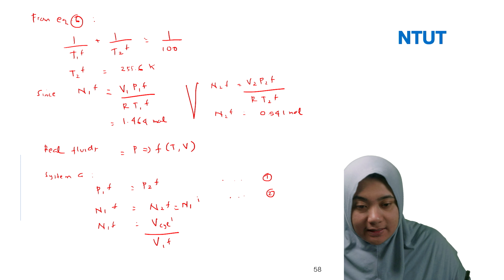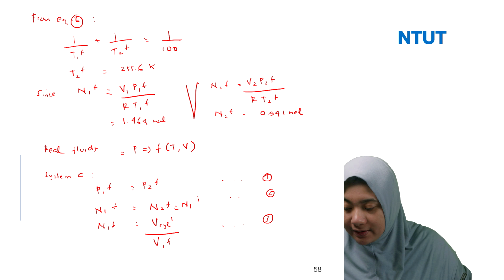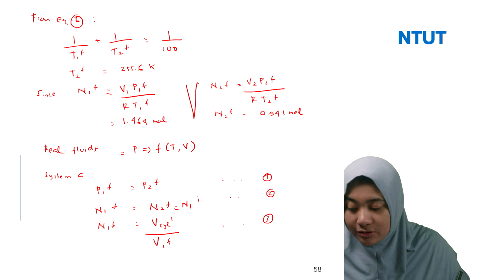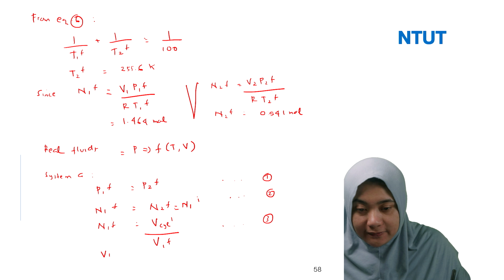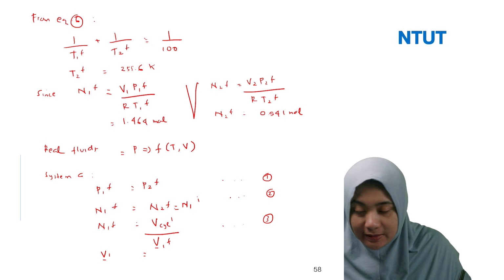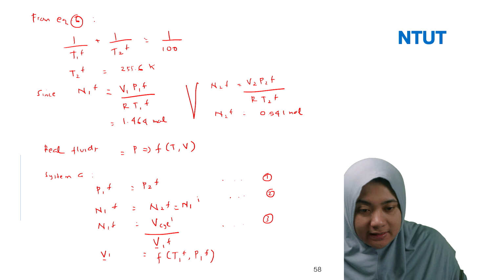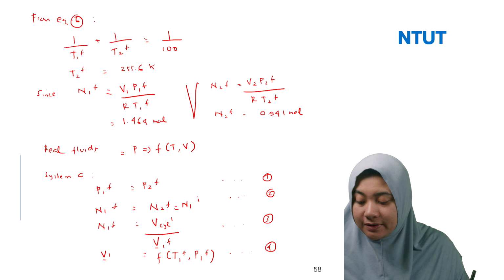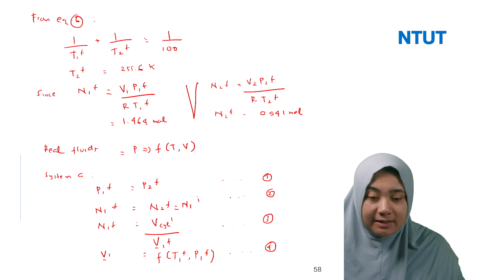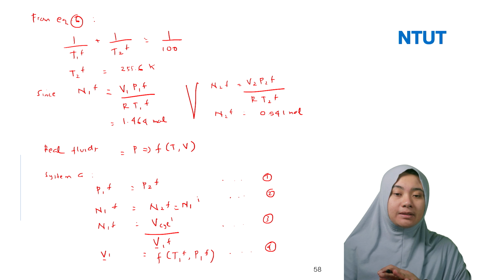So this one is for equation 3. And then for equation 4, we can write the energy balance. The same for the N2F. So for the volume here, it means the same for V2. I just write once the representative T1F, P1F. It means that everything is a function of the temperature and the pressure. So you need to know many unknowns, around 8 unknowns. If you want to solve the real fluids, you need to know about the equation of state.